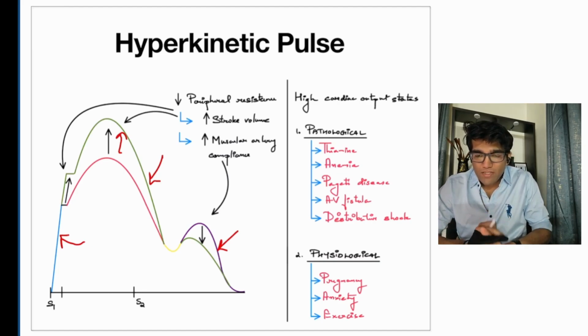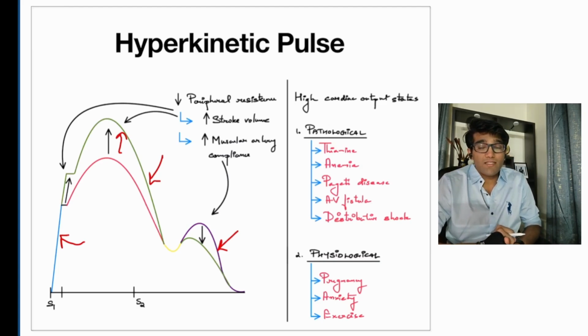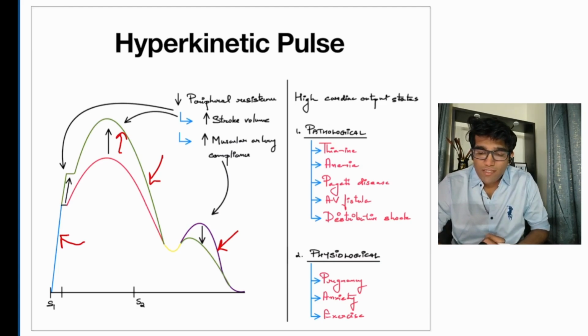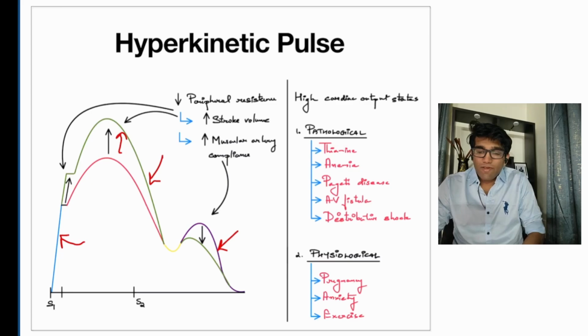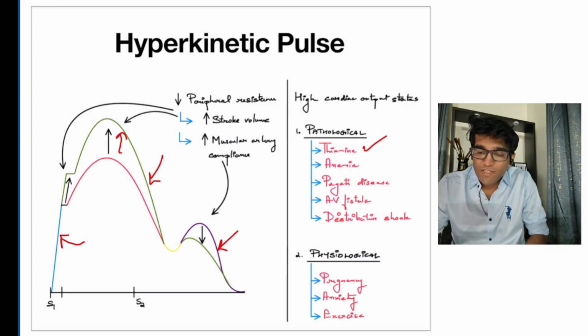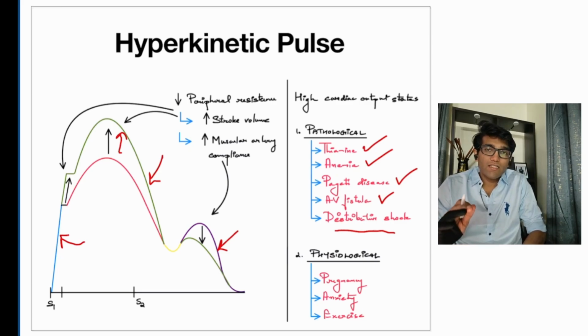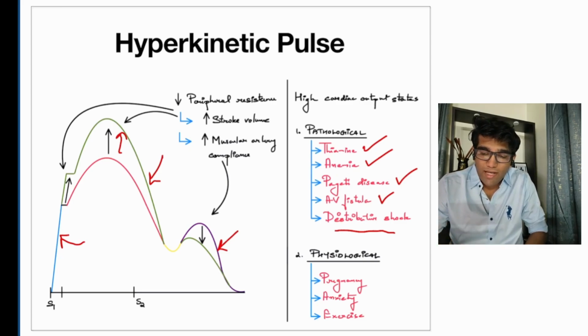So this happens in very specific scenarios when there is a significant reduction in the peripheral vascular resistance. So they are when a patient has thiamine deficiency, there is anemia, there are situations in the early stages of Paget's disease, if there's an AV fistula, or if there is any reason for decreased sympathetic tone, that is what we would call distributive shock. Okay,